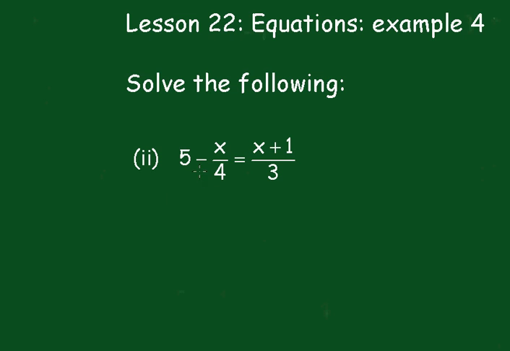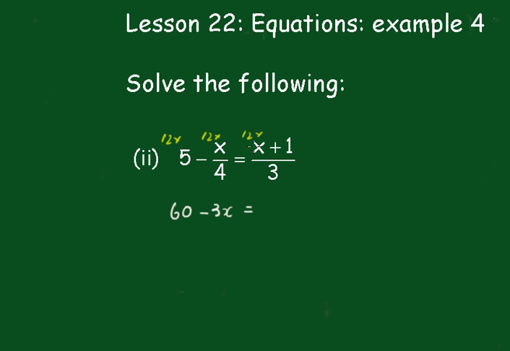Right, in part 2 we have to solve 5 minus x on 4 equals x plus 1 on 3. Now to clear these fractions out, we'll multiply each term by the lowest common denominator. In this case it would be 12. So now I'm going to multiply this by 12, this term by 12, and this term by 12. And just tidying that up a little bit, 12 times 5 is 60, minus, now 4 into 12 goes 3, so that's 3x,